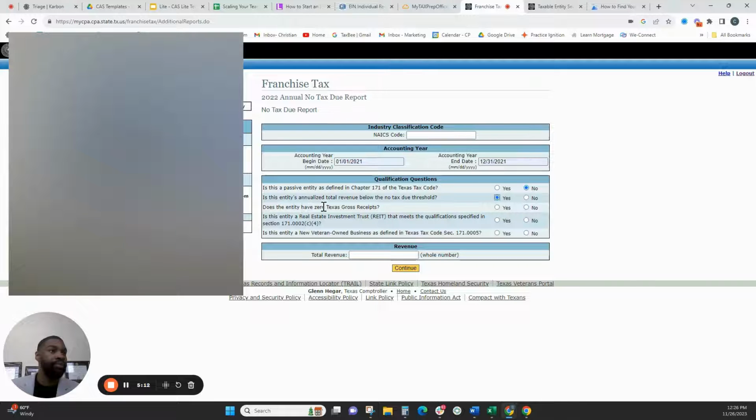Does this entity have zero Texas gross receipts? This is basically saying, did you have zero sales? If that's the case, press yes. Most people have sales within their business, so you put no for this. The real estate investment trust, this is usually no as well, unless you have that, you will know. And then the veteran-owned business entity, this will be no